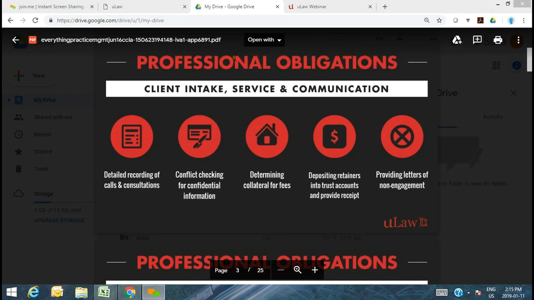it's highly recommended that you provide them with a receipt of that payment, because the retainer is also a payment. It just so happens that the money that's being paid gets deposited into a trust account, but you still have to provide a receipt. Providing that receipt can also safeguard your own interest as a legal practitioner, because you want to make sure that the client does not come back after a few weeks to say that they've paid you more than what they actually paid you, right? There's a receipt, then there's clear proof, and you can actually get it signed by the client to make sure that there's total transparency in that transaction.